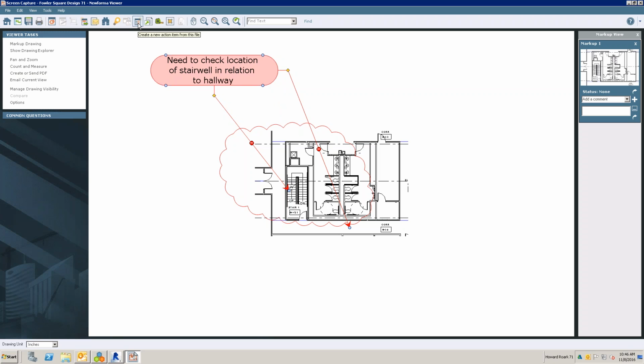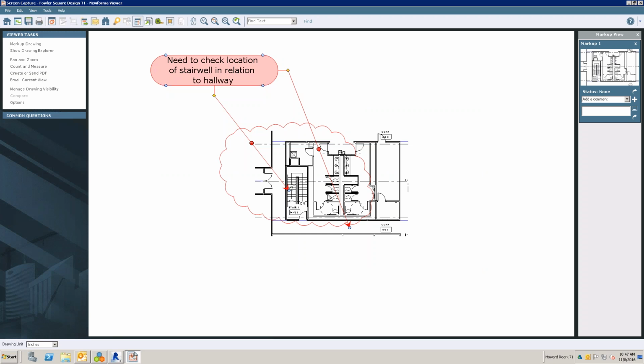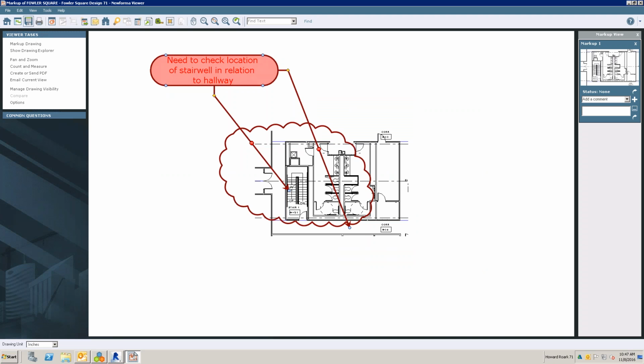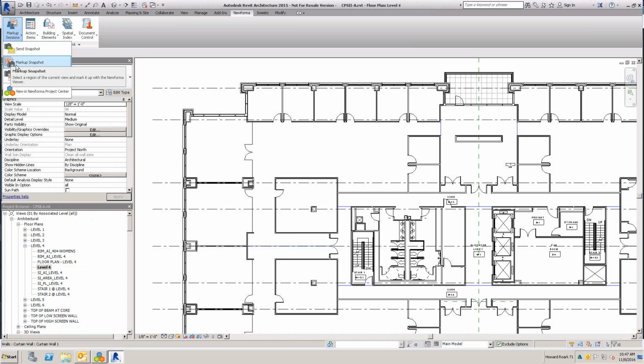So I could just do action item, and then I can assign it to whomever I want, create it. I could also save it as a markup session if I wanted to, maybe save it to my project, etc. So I have a lot of options from that markup session of the snapshot from Revit without having to